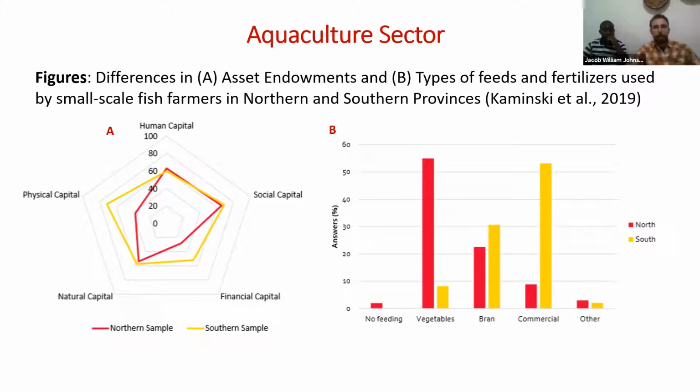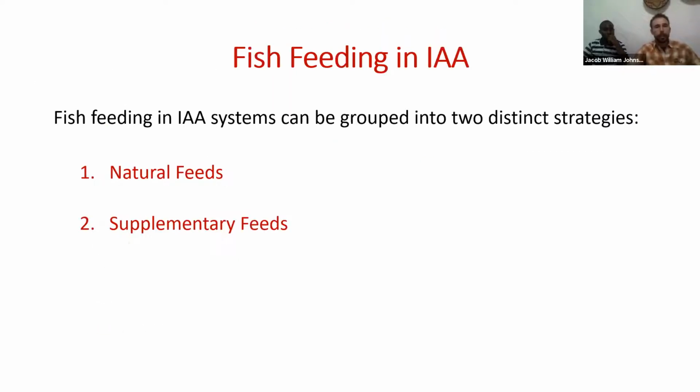And so this lack of markets and infrastructure leads to a major divide in the management of these small-scale farms, where the South mainly utilizes more commercial inputs, as you can see in this graph B, whereas the North use lower quality vegetative inputs like plant residues, which leads me to